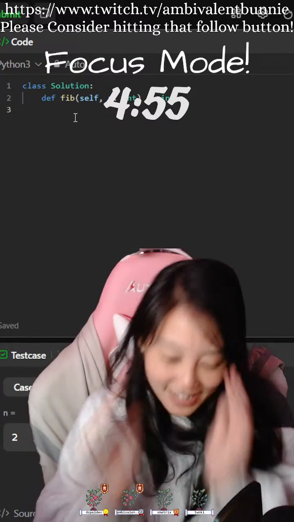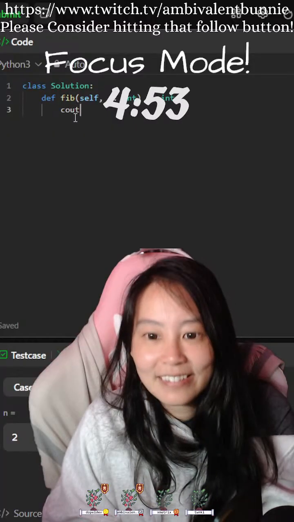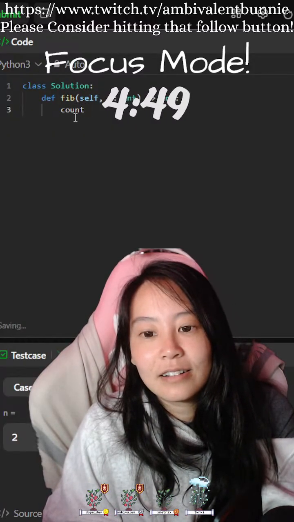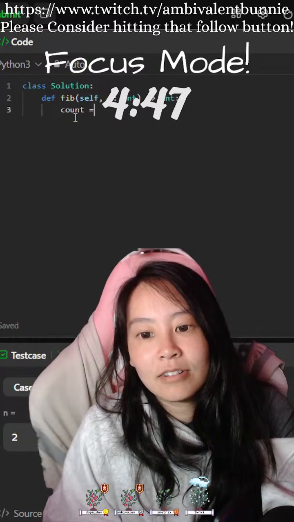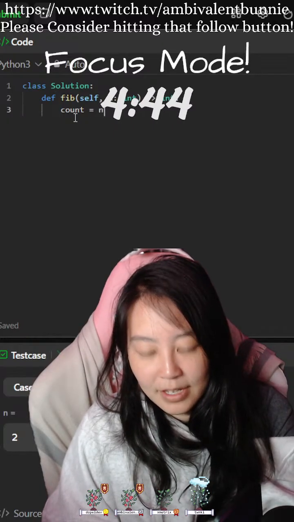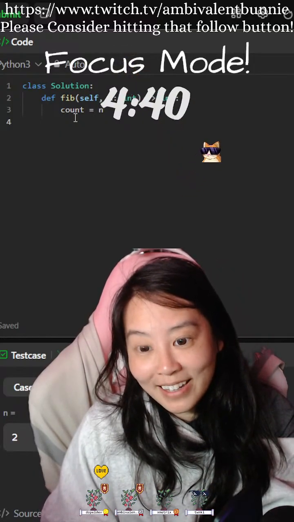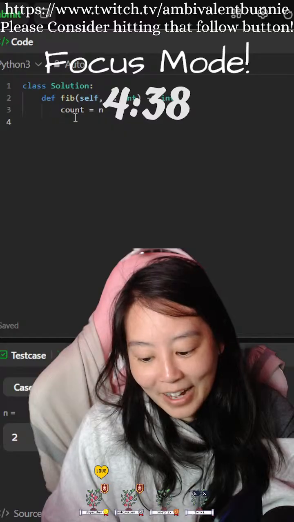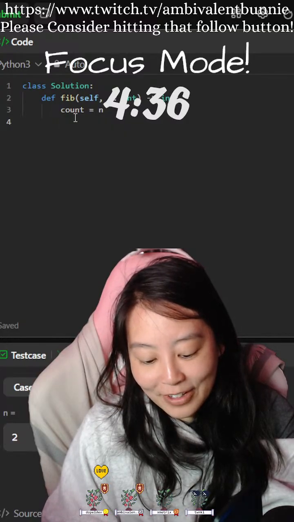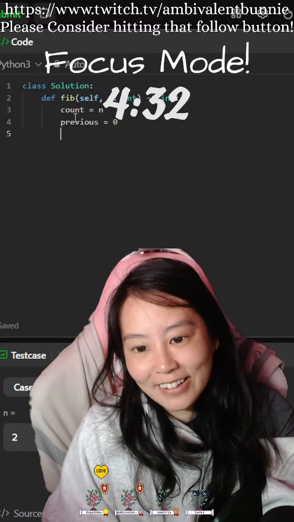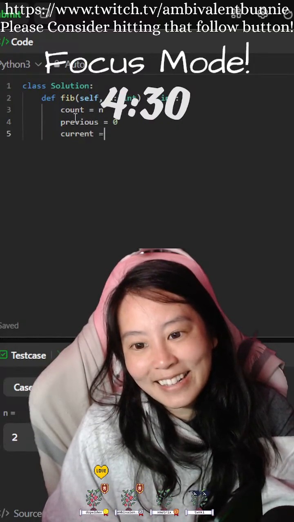Okay, so basically, I want to count n. Okay, so what I am seeing is I have a previous equals 0. I have a current equals 1.